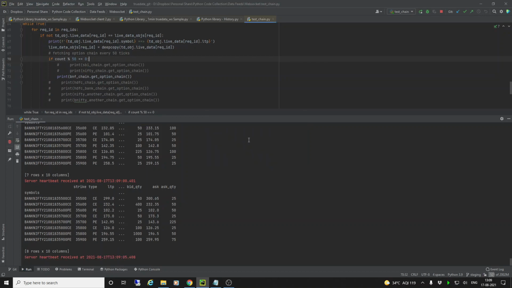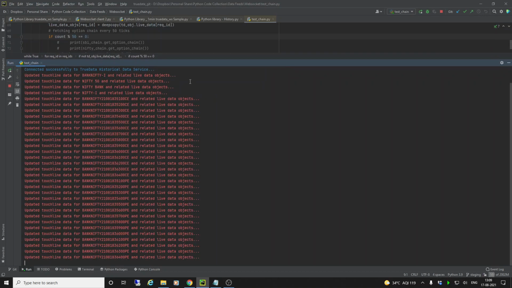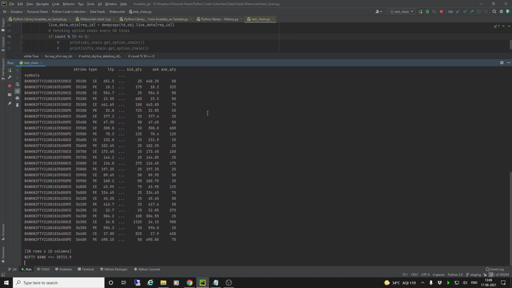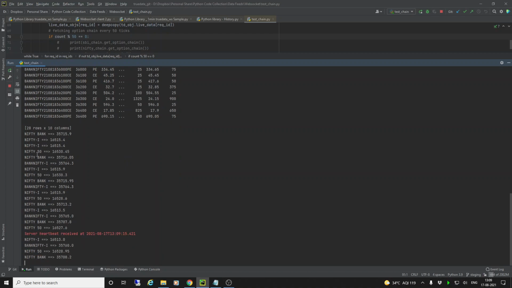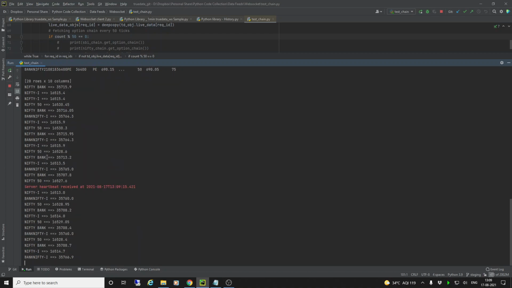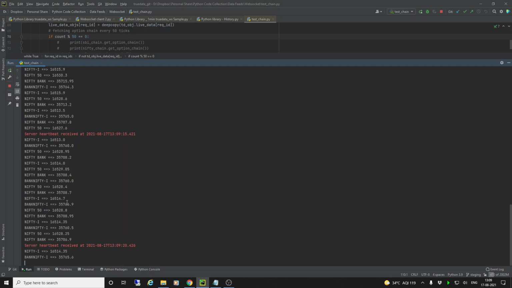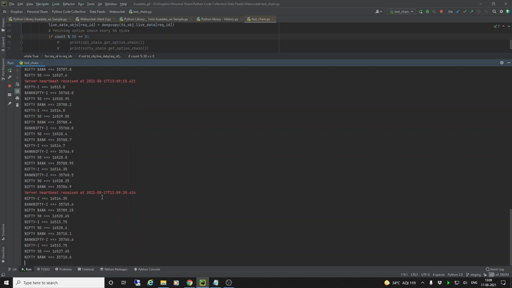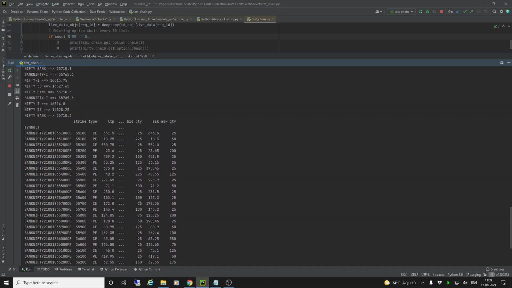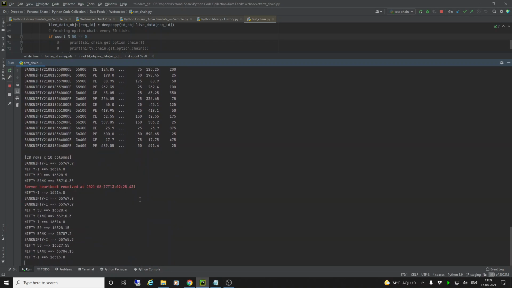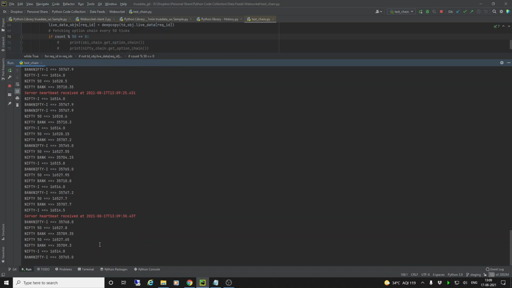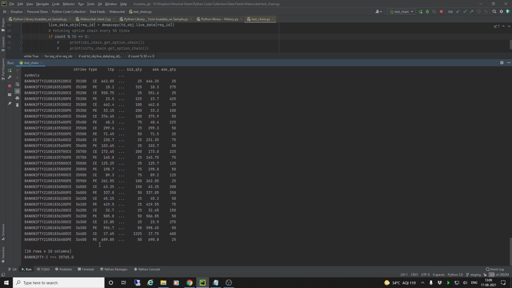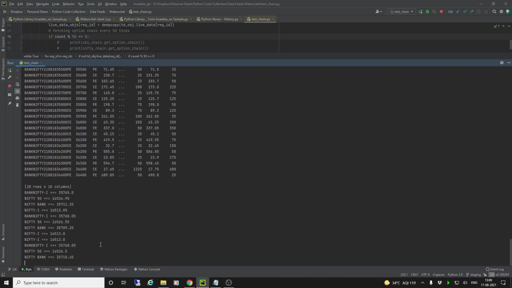Let us stop and rerun this. So now you can see the option chain came, and now the data for the Nifty Bank and Nifty dash I, Nifty 50, everything is also coming here. And as soon as 50 ticks are up, we will get the option chain again. There you go. So we got the option chain again, and also the normal data for the other symbols is flowing. So that way you will be able to combine your previous symbols along with the option chain. So pretty simple and straightforward.